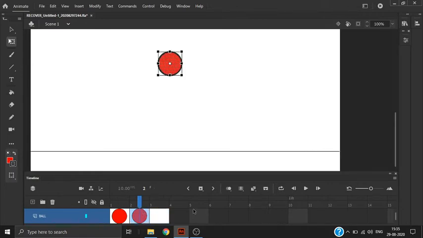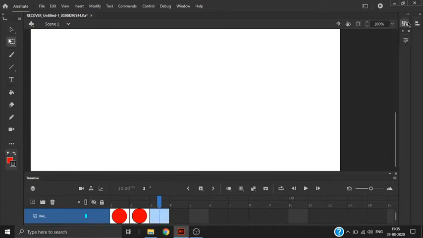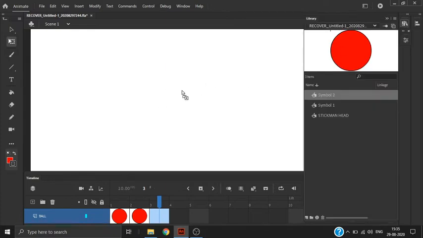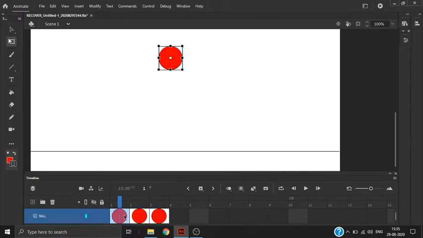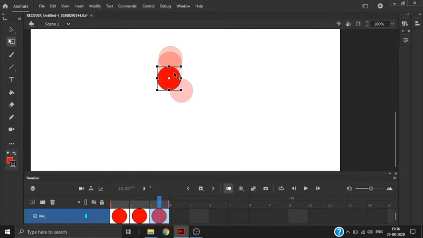Now just go in this one. I will just delete it and paste this ball here. You have to go back a frame to see what the previous ball posture was. The best way is to turn on the onion skin here. If you turn on the onion skin, you can see the previous frames. My first frame was this one, my second frame will be shown beneath my first drawing. This is my first one, second one, third one I have to add here. And just go on adding keyframes.